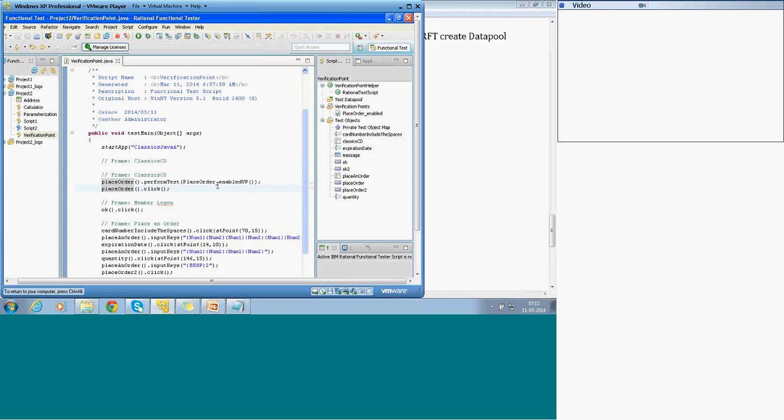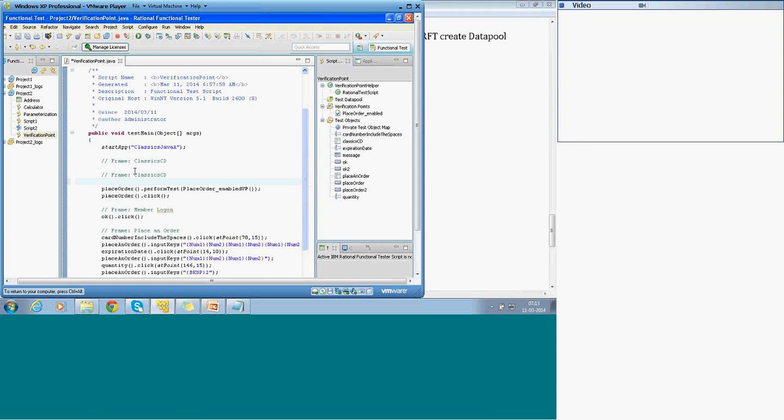Right? I'd like to add an image verification point now. What I'm trying to say is: is the image that you see the same image that we tried to capture? Generally, with image verification, when you are logging in, it's the landing page you want to test. This is the place where I'd like to add that image.